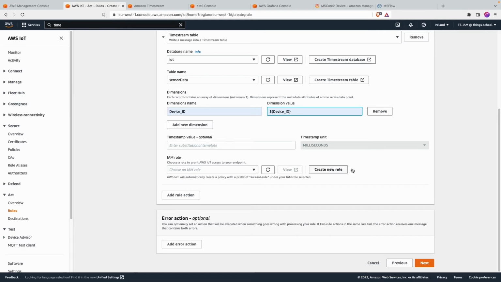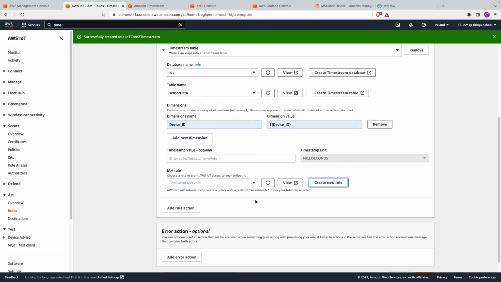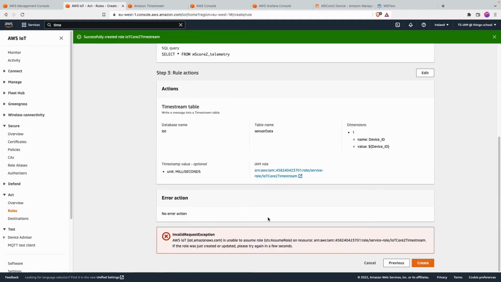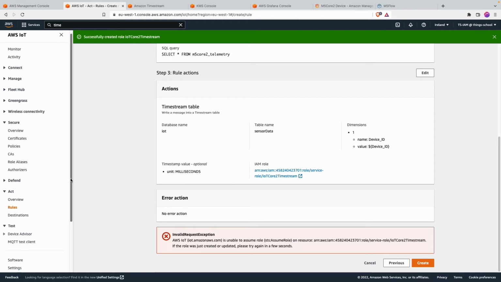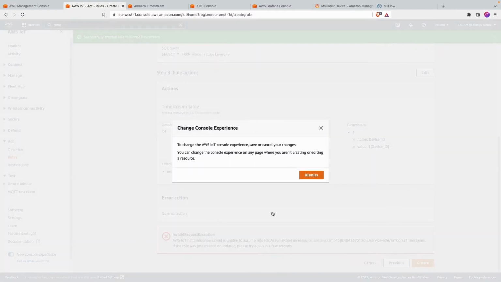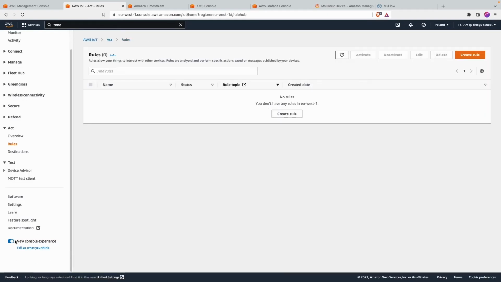Okay, let's click on create new role, and I'll call it IoT core to Timestream. Create it. Okay, now that we have it, you can go ahead and click next. Create. This new version has a bit of a problem. So one of the ways you can get rid of this is using the older console. So you just click on from new console experience, go back to the old console experience. Give this up, go back to old console,